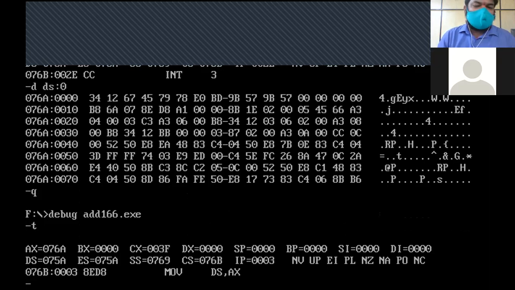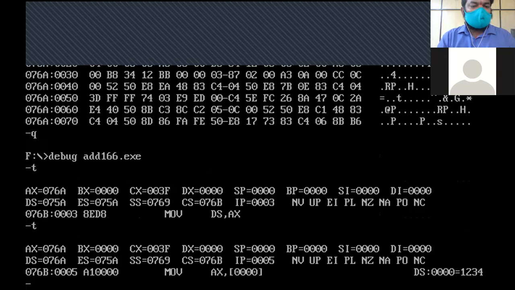Move DS comma AX means the data segment register is initialized with some specific base address with the help of the AX register. Next one.